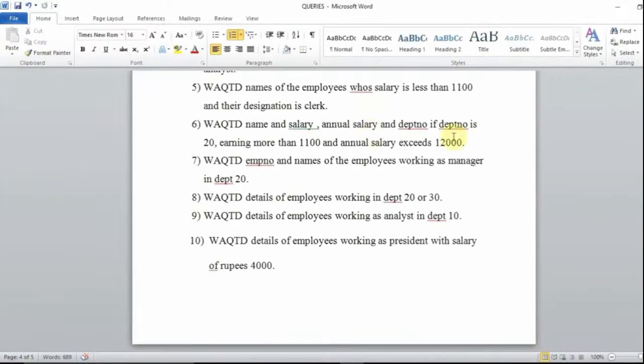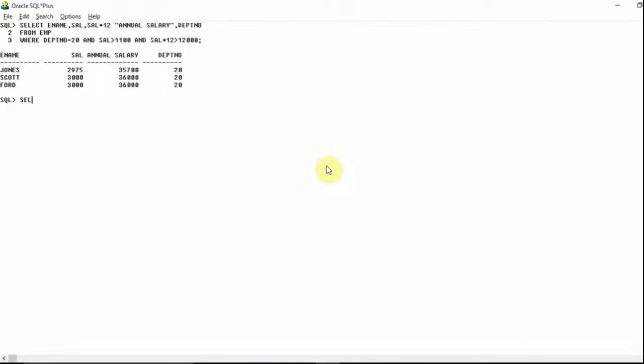Got it? Yes. Okay guys, so 6th question is also done. Now let us move ahead and try to solve the 7th one. Write a query to display employee number and names of employees working as manager in department number 20. So this is also same guys, I need to display employee number and names of the employees. Okay, so I will write select